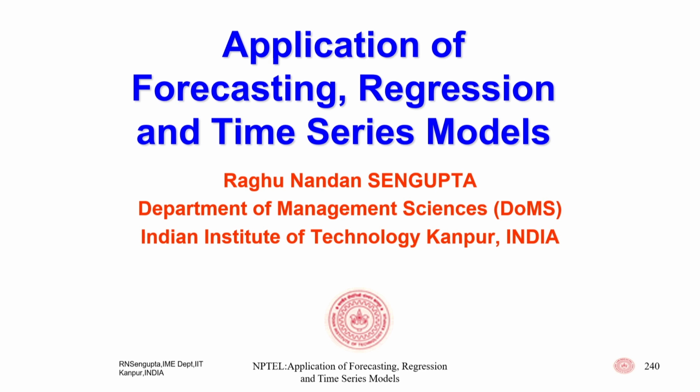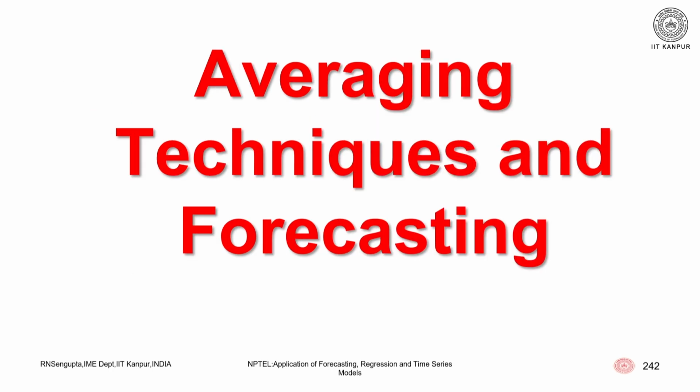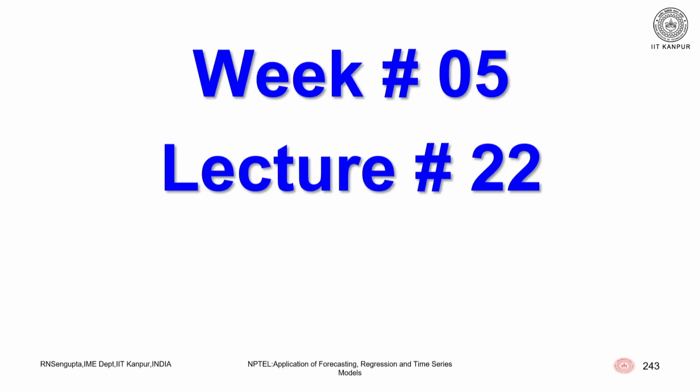So, as you are aware, the three broad areas for this course, which is for 30 hours, spread over 60 lectures and along 12 weeks. As I said, the first part is averaging techniques and forecasting, second part is regression. I have written multiple linear regression, but we will try to cover other concepts also. And the third idea is time series analysis. So, we are discussing averaging techniques and forecasting, and this is week 5, 22nd lecture, which is the 5th week